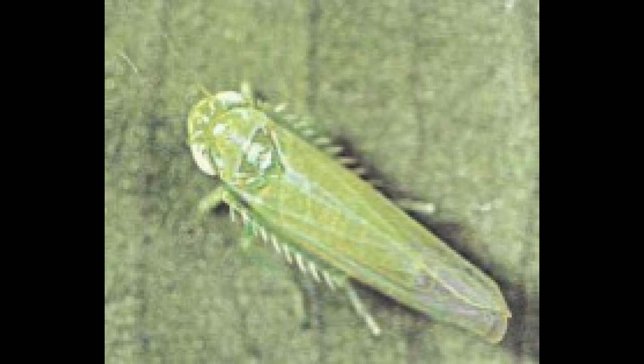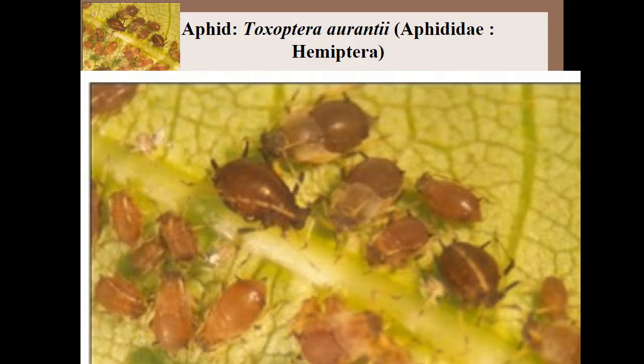Eggs are inserted singly into the leaves. And aphids, Toxoptera aurantii, Aphididae, Hemiptera, is a polyphagous species attacking tea and other host plants such as coffee, citrus, etc. Here colonies of aphids are seen on tender shoots of tea immediately after pruning, and leaf curl up and shoot